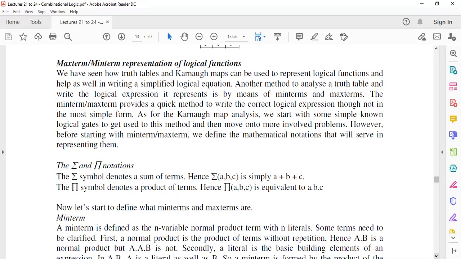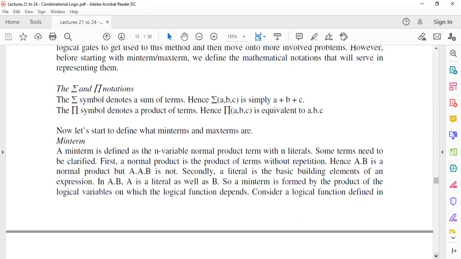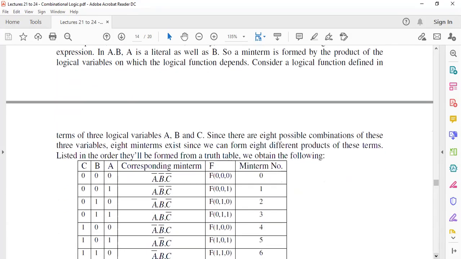The next topic we look at related to Karnaugh map is something called maxterms and minterms. Another way you can write Boolean expressions from a truth table is using the minterm concept. So what is a minterm? A minterm is a product of terms. If you look at this particular truth table here,